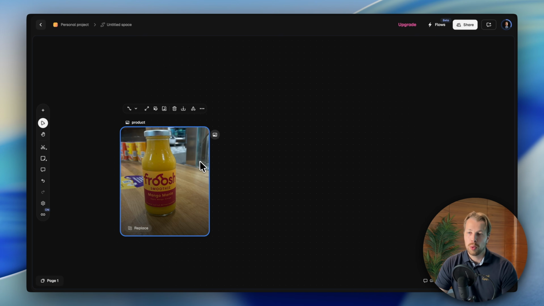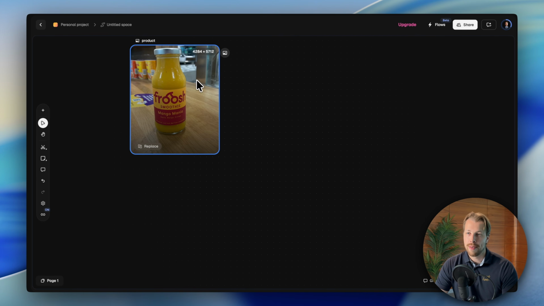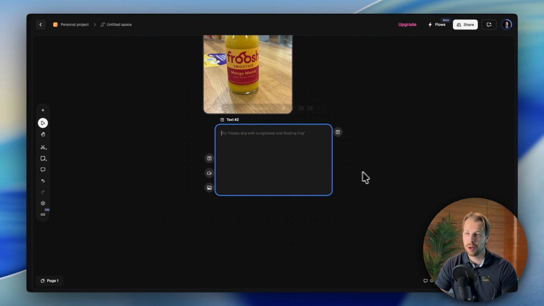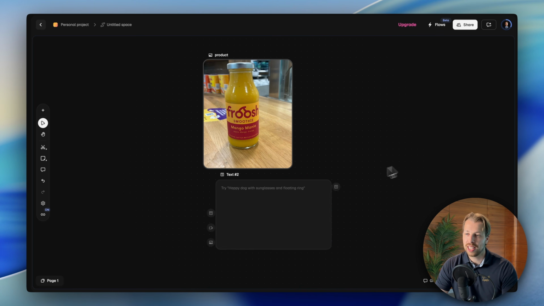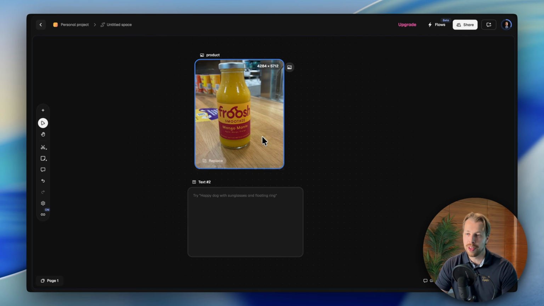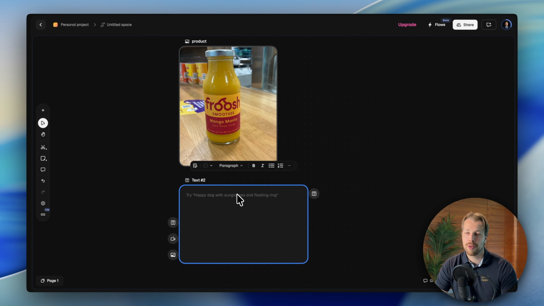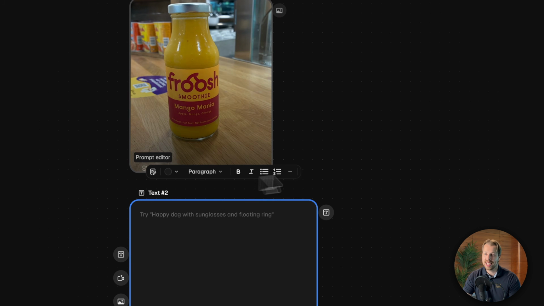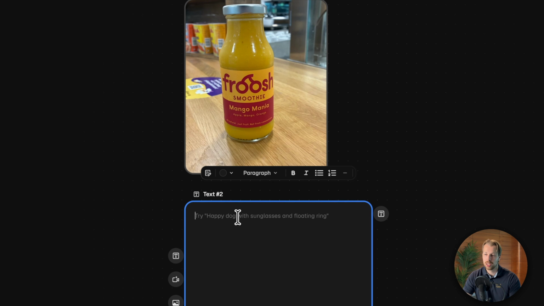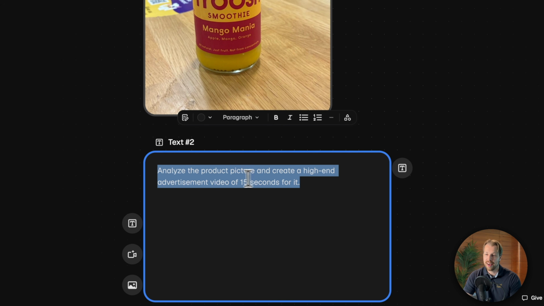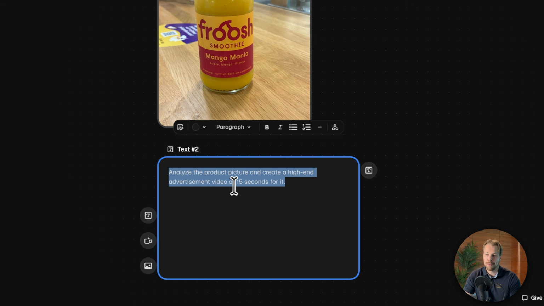And now what I will do next is I will put this over here to the top and right click and add a text node over here. So now I will just tell the AI what I want to do with this product. And very similar to what we did previously, here we can also tell the AI to create a high-end advertisement for this product. So I'm telling something like analyze the product picture and create a high-end advertisement video of 15